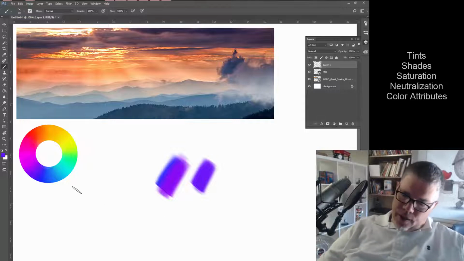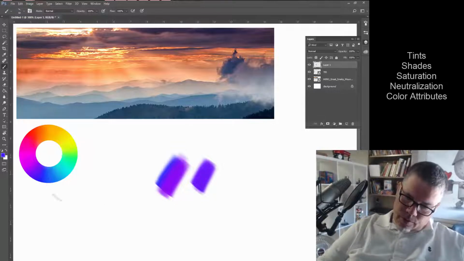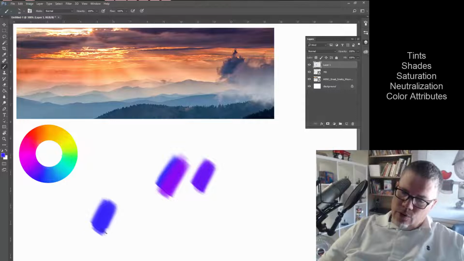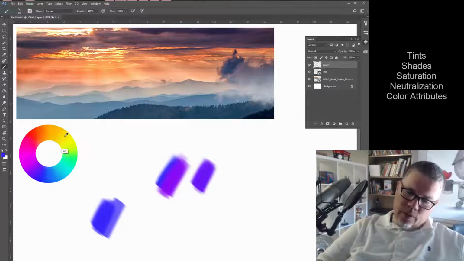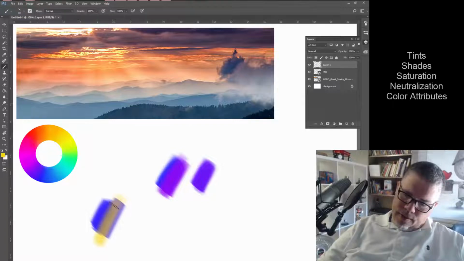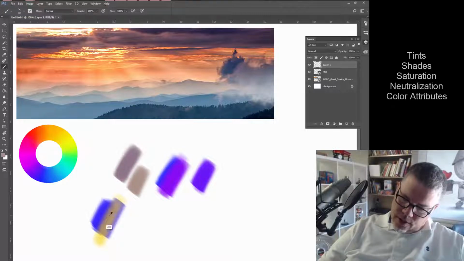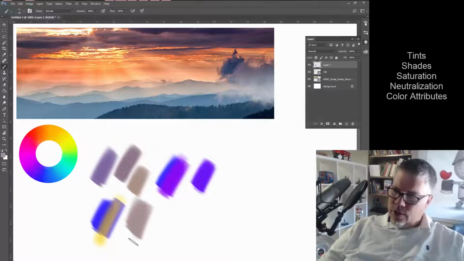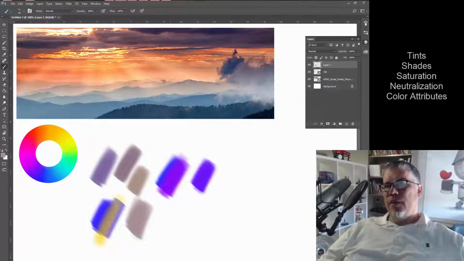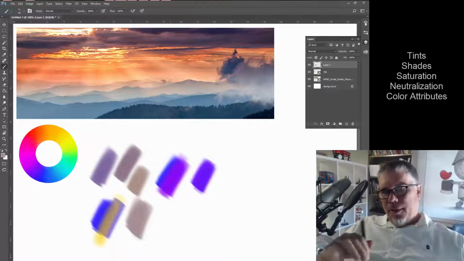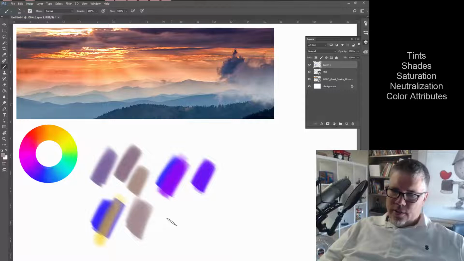But if I take this same blue, let's get the blue again, and I go to the opposite of the color wheel, right over here, and I add that, that is actually neutralizing this color. It's hard to believe that I'm getting these dull colors out of there, but what you're not seeing are those little shades in between. So that's neutralizing. It's taking the intensity of those colors and dropping it way down so that they're not